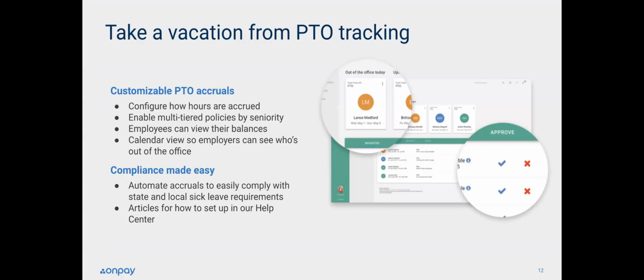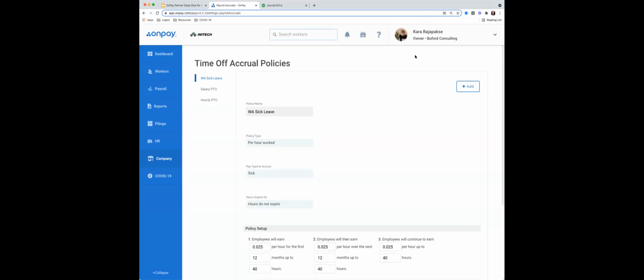And then let's talk about PTO, because I think that is important to employees. It's important to employers. And certainly when you are thinking of switching payroll providers, the best time to update or implement a PTO policy is when you're going to switch providers. Just make it as easy as possible to implement, to track, automate it. It will make your life so much easier. So we do give you tools to create the policies however you need to. Kara, you want to go through quickly how to create a policy in OnPay?